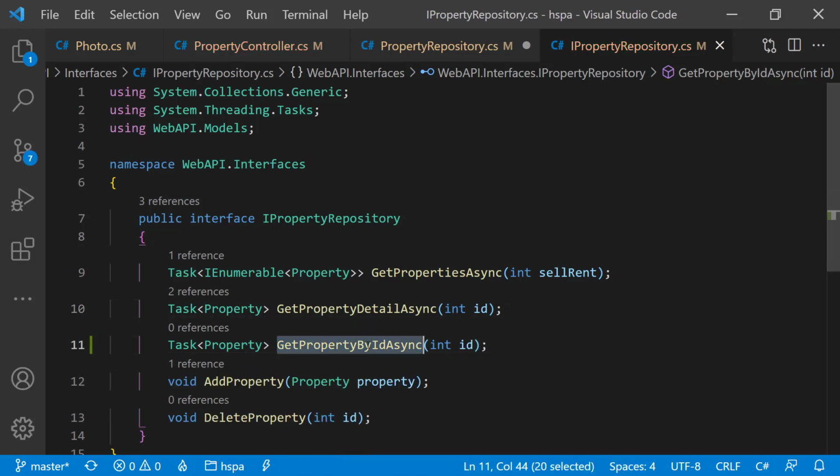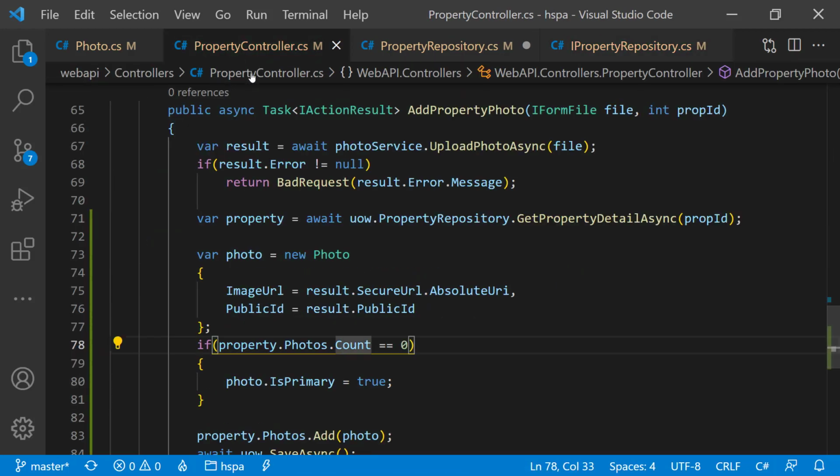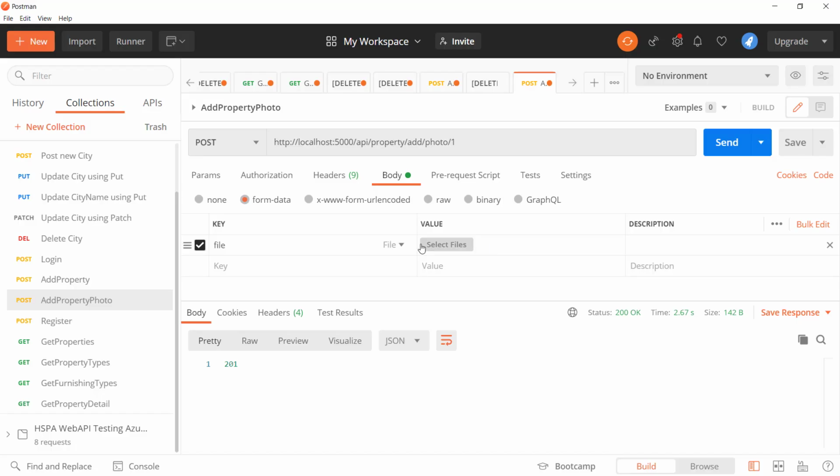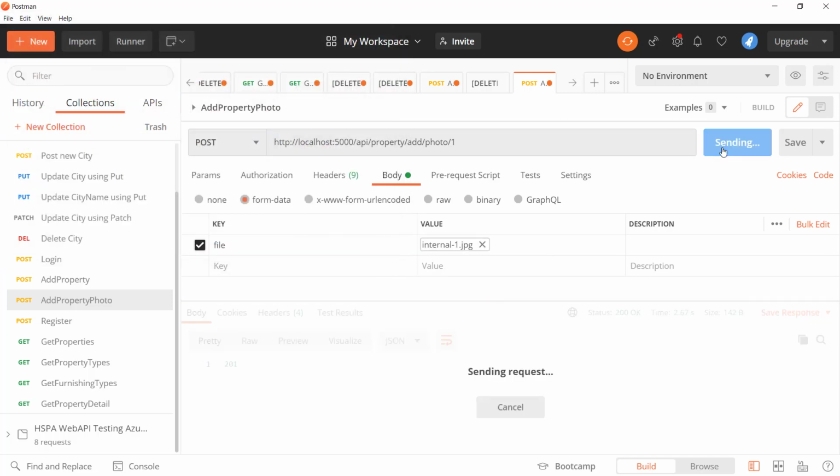Let's use this new method now in our controller in place of this GetPropertyDetailAsync method, and try to add one more image to check if everything is still working fine.